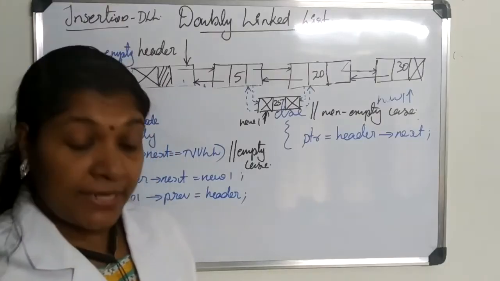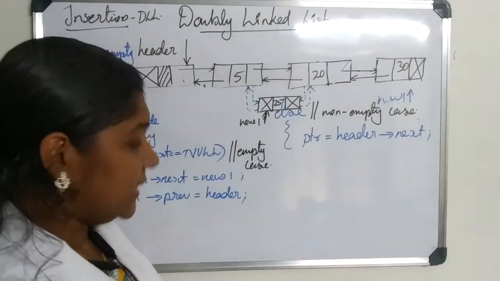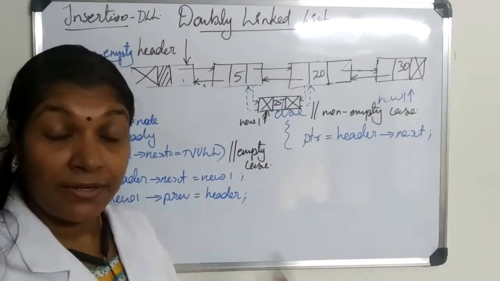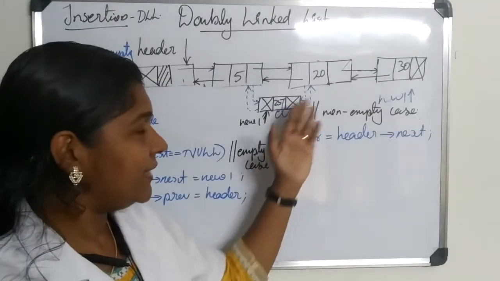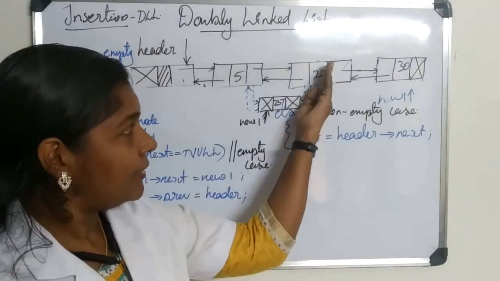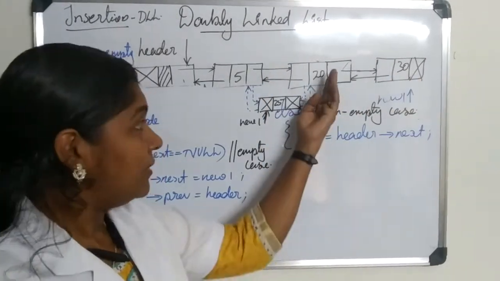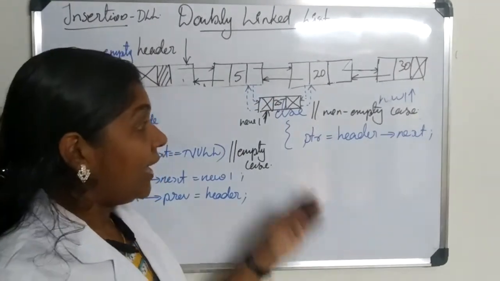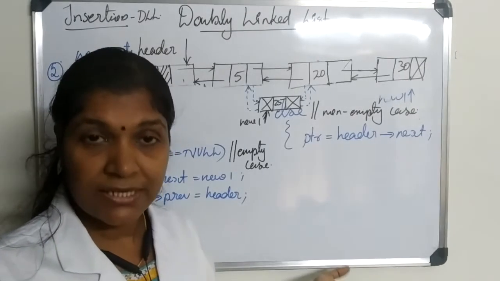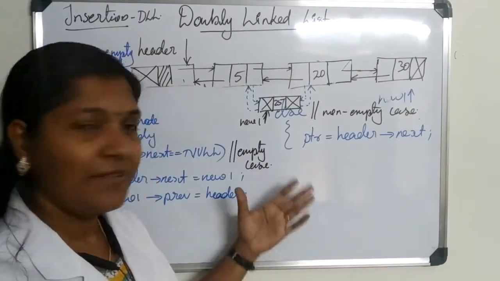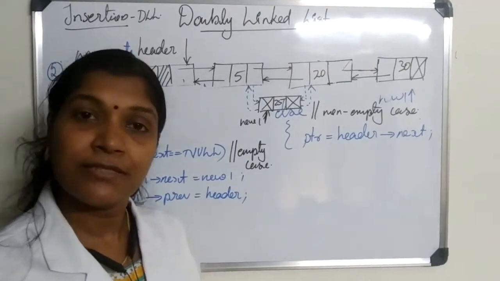So next we are considering the last case of insertion, that is insert at any location. Okay, and insert at any location, I already mentioned, we would be entering the new node just before the specified key element. There are different methods. We can either insert our new node before the key element or after the key element, and here we are adopting the method before the specified key element. Okay, and there are a number of special cases in this insert at any location case. Still we are considering a general code, and while doing the lab we'll consider the special cases also.